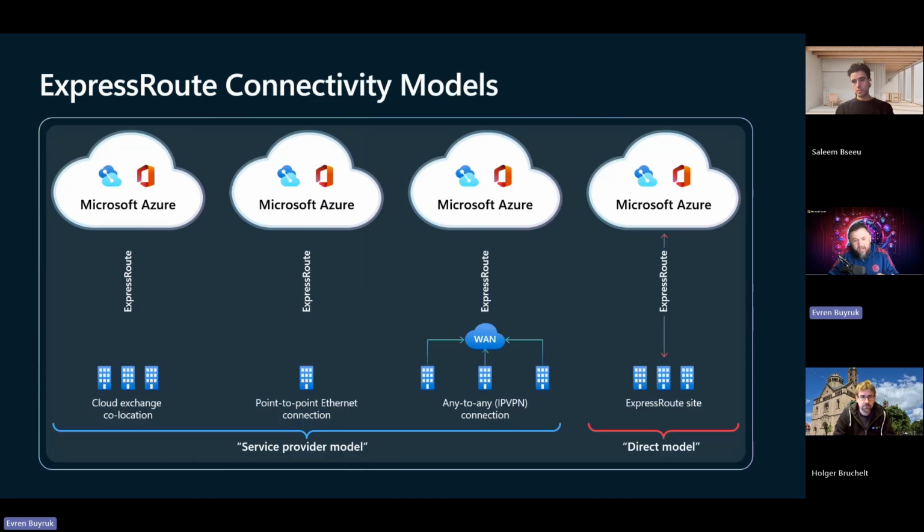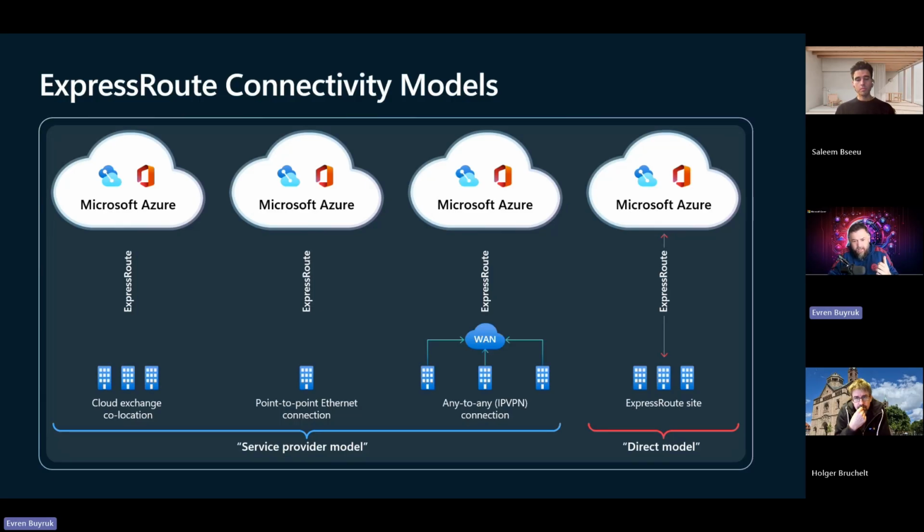Then the question that is coming: these slides have been put together to address the common confusion and ambiguity in the market about the options. The connectivity model overview is going to give the options for the connectivity models. The service provider model that you see on the screen, highlighted with the big underline, involves using a third-party service provider to facilitate the connection between the customer's on-premises